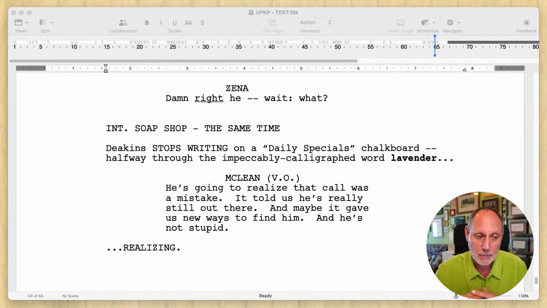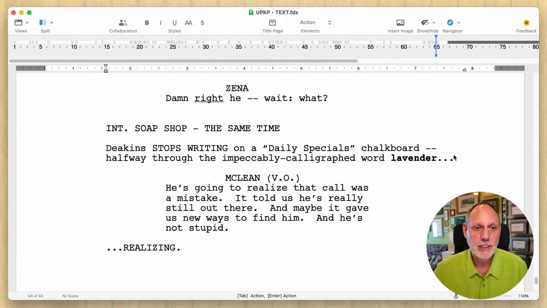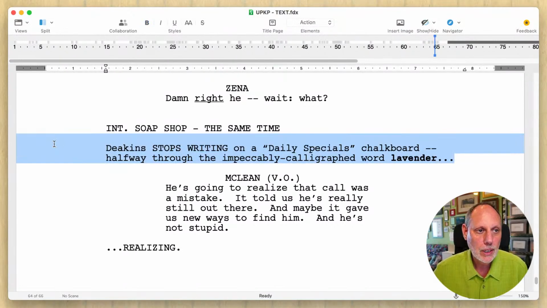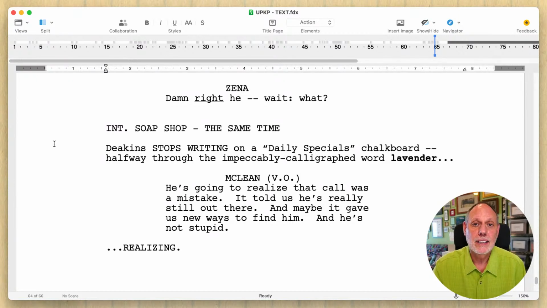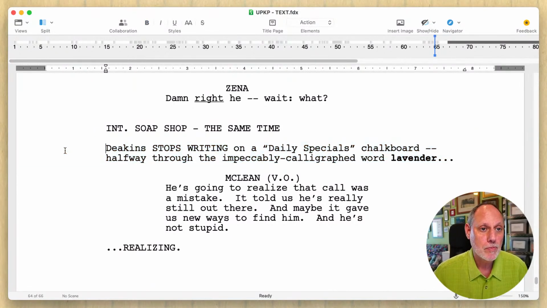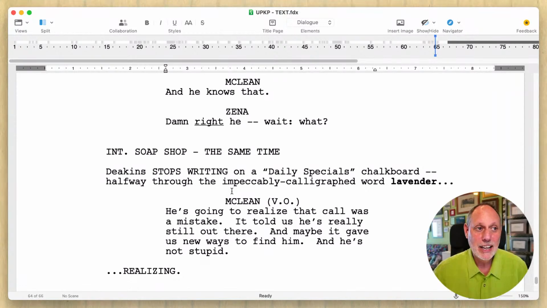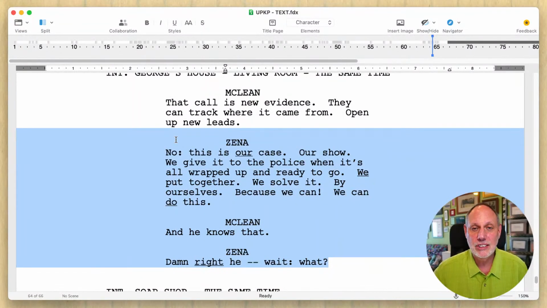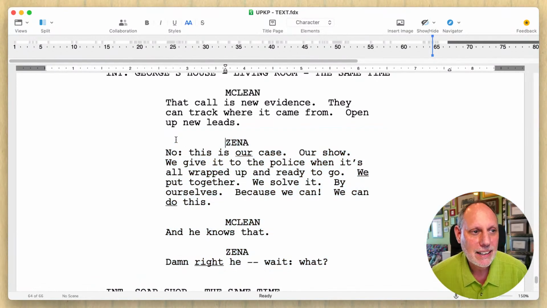for a long time. What happened was, as I got better and better at screenwriting, especially this stuff, like what I just did here, I realized that's it. That's writing. That is narrative writing. And if I can do that, I can just do that as a novel. Like if I decided to write a whole novel like this, I would be fine. And if I know how to write dialogue, and I know how to just change this into, like, "Xena frowned. No, this is our case." I can do that. That's fine.